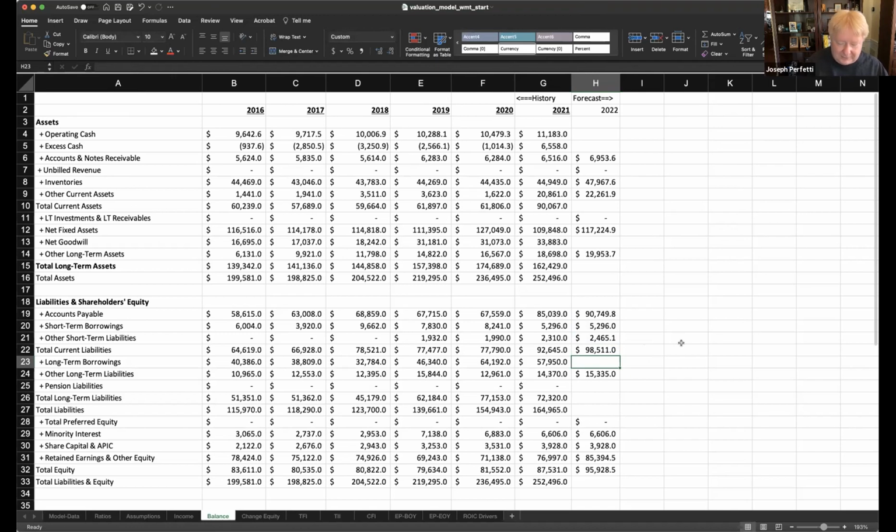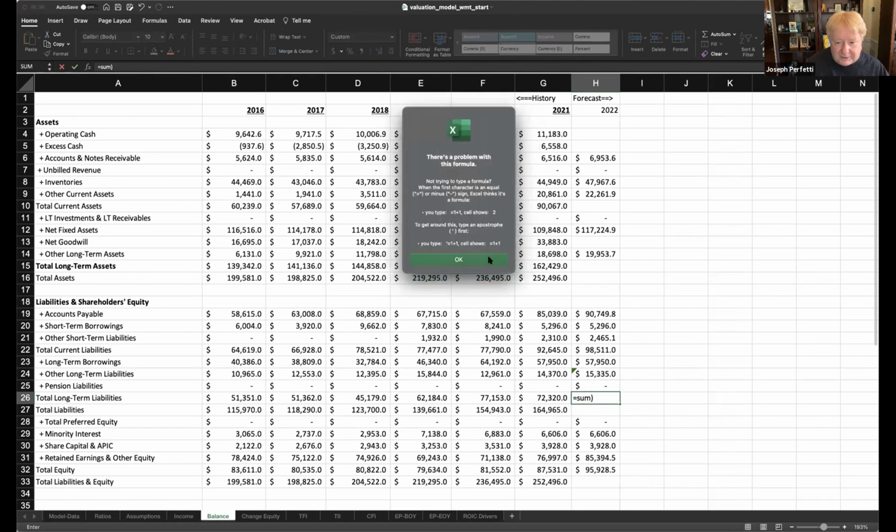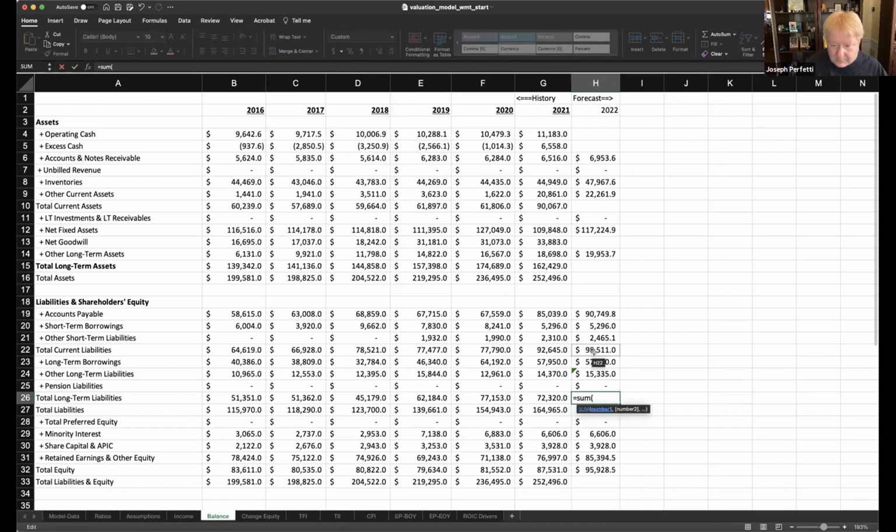Same thing with long-term debt. Whatever long-term borrowings they have that are interest-bearing, we leave alone. Equals previous year. So H23 equals G23. And same thing with pension liabilities. Whatever pension liabilities they have, if any, we leave those alone. Equal, H25 equals G25. Therefore, long-term liabilities are the sum of long-term borrowings, other long-term liabilities, and pension liabilities, the sum of those three, H23 to H25, which is 73,285, which means total liabilities is current liabilities, which is H22, plus long-term liabilities, which is H26, would give me my total liabilities,